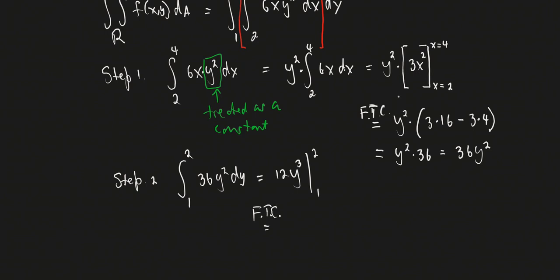It's just we get to apply it twice. So then we have our 12 times 2 cubed, that's 8, minus 1 cubed, that's 1. So that's 12 times 7. Drum roll, please. And we end up with 84, right? And then again, interpreting this as a net volume, we could say that this is 84 cubic units,